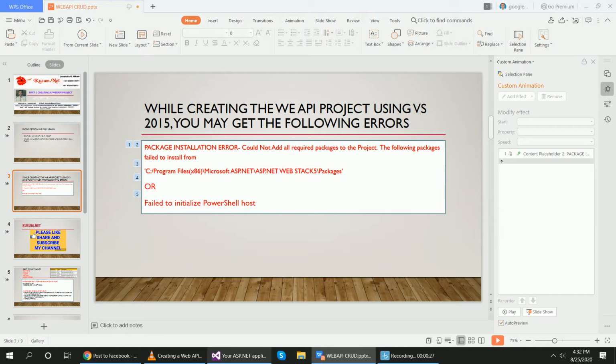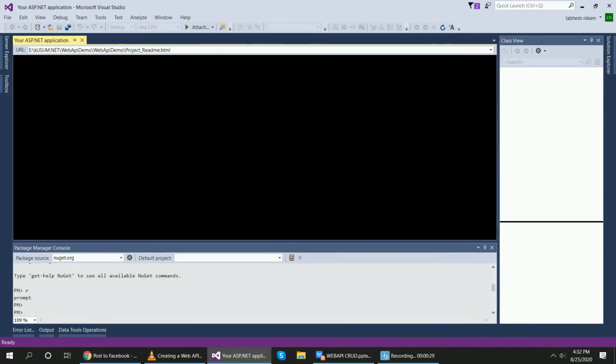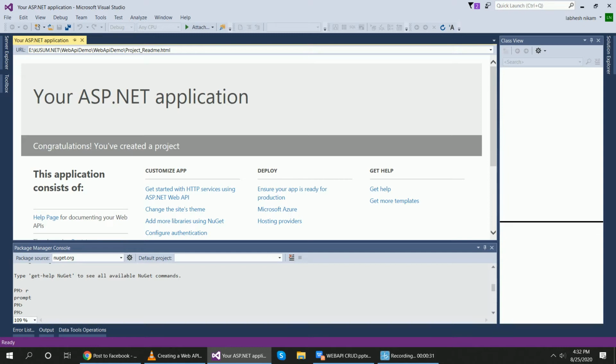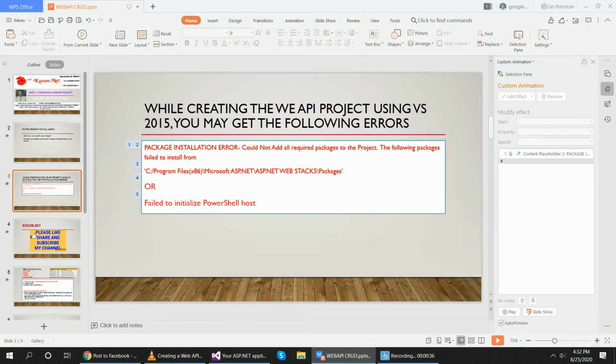Now, how to create your project. Before creating a project, if you start a new application, you may get the following type of errors, like package installation error: could not add all required packages to the project, the following packages failed to install.